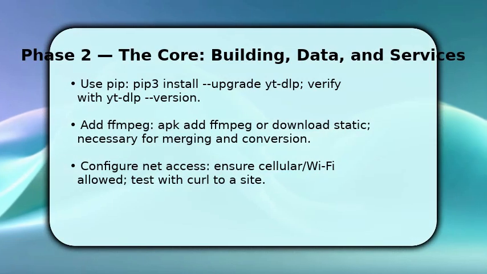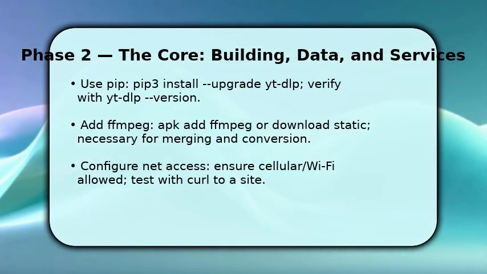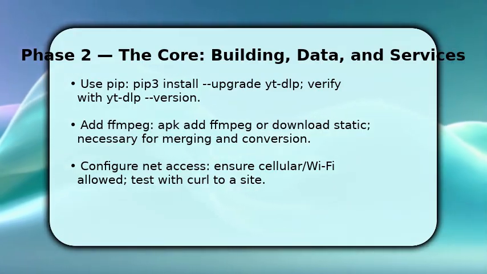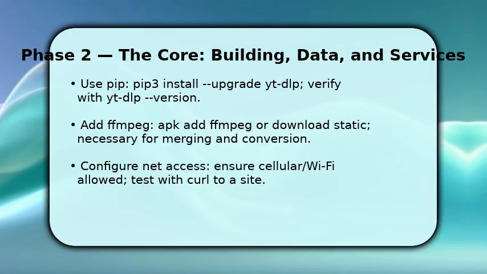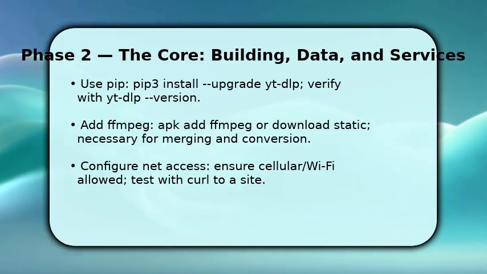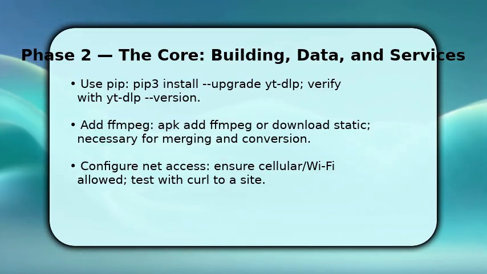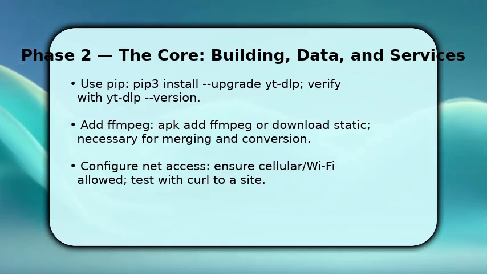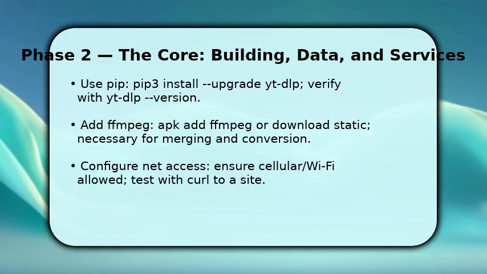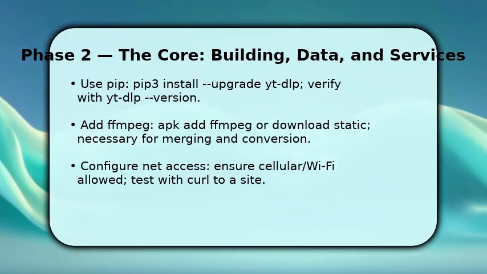You install yt-dlp with pip3 install --upgrade yt-dlp and immediately confirm it with yt-dlp --version so you don't chase false errors. Once done, add ffmpeg via apk add ffmpeg or fetch a static binary. ffmpeg is required for format merging and conversions. Make sure network access is enabled for iSH, test with curl to a known page. After those steps, you can run a basic download command to validate the toolchain, and you'll understand why each component